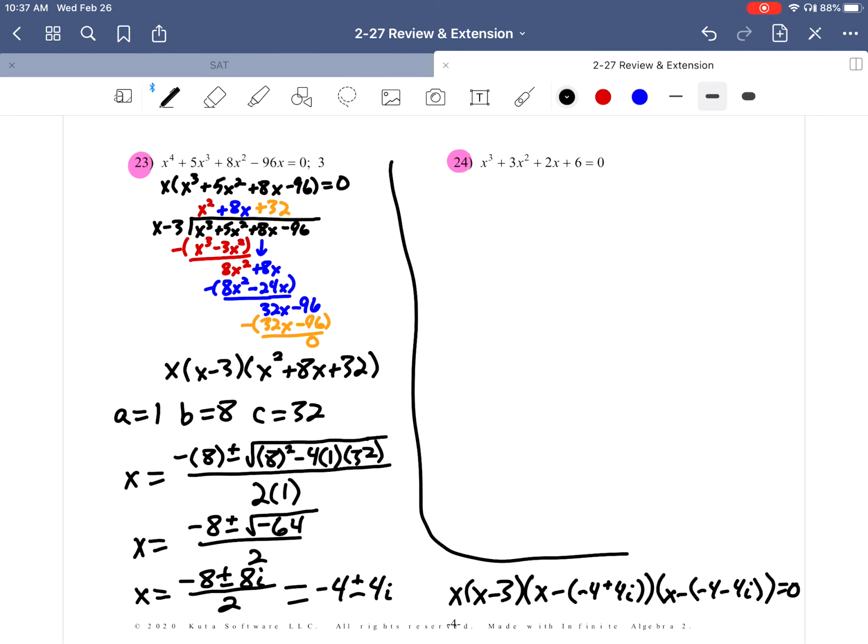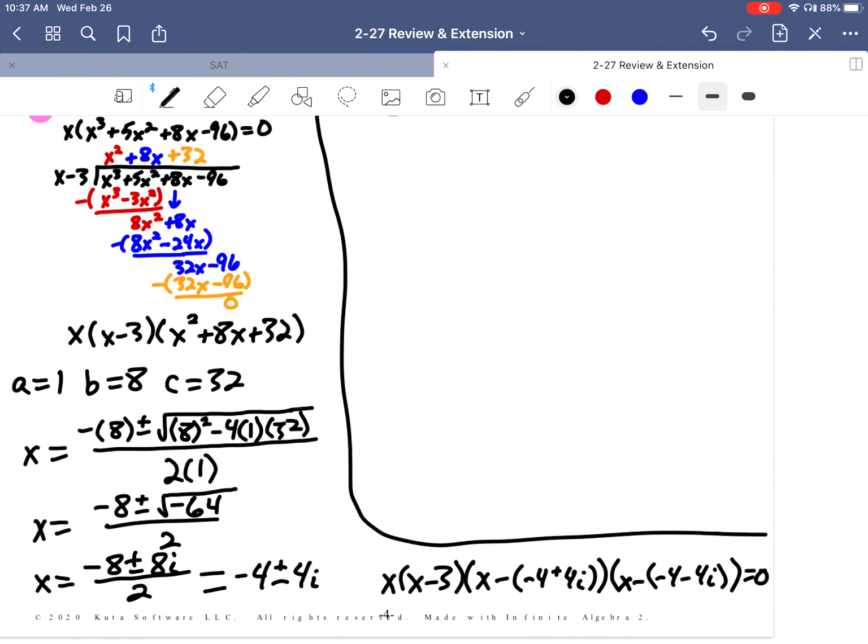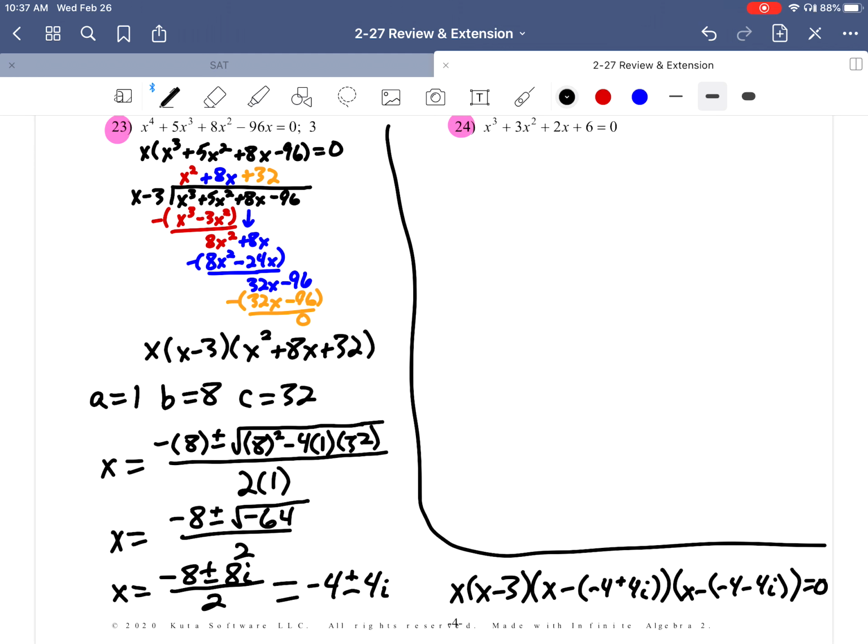And that would be completely factoring this equation. Now, this is kind of an unusual way to write it. This is more common. But I wanted to go through that process so that you could see that we get two